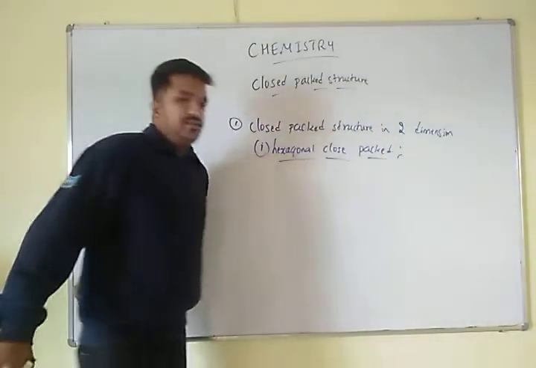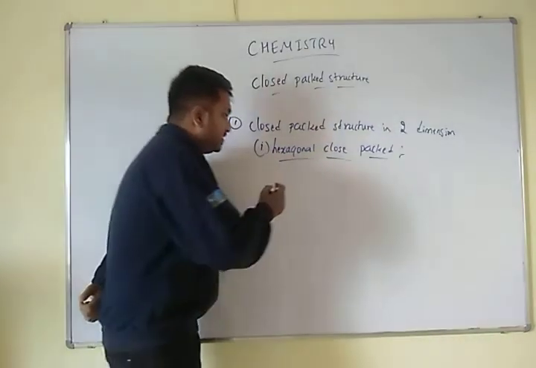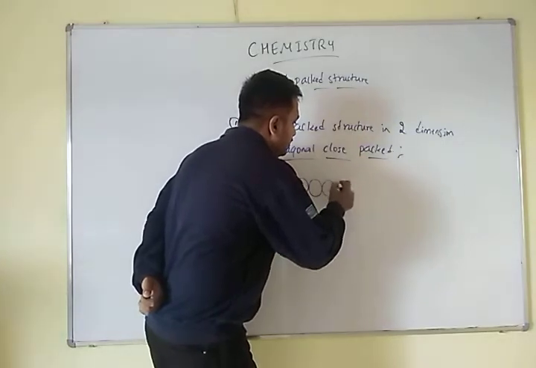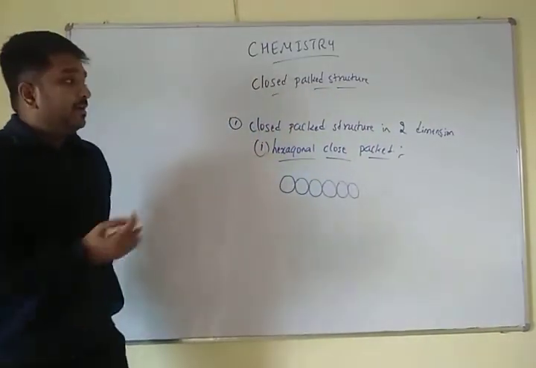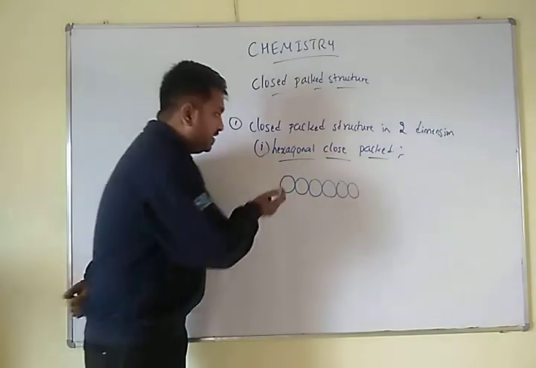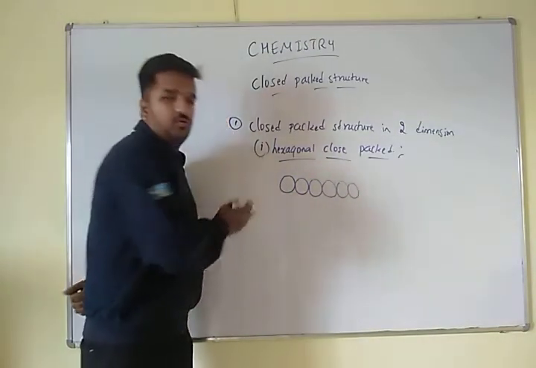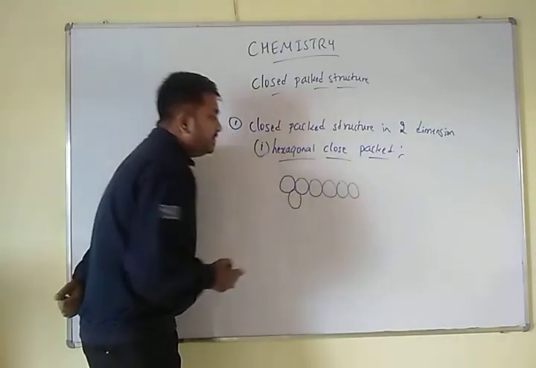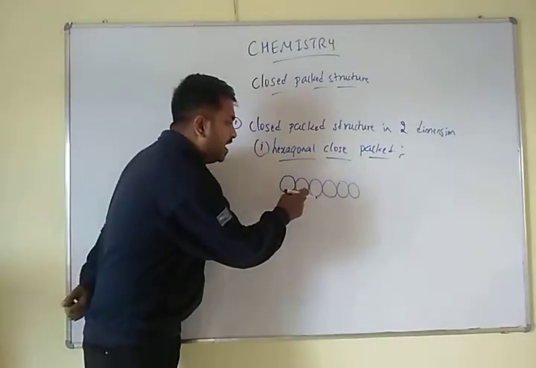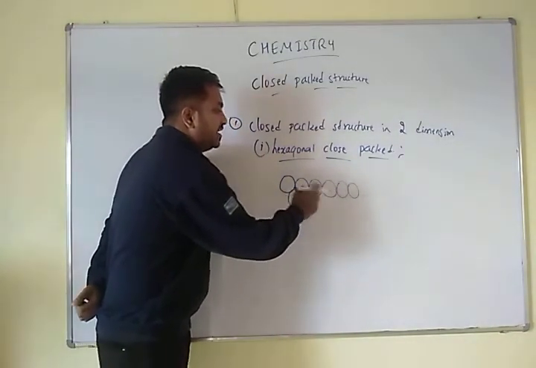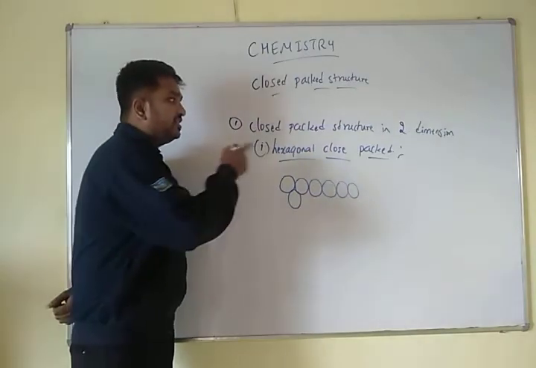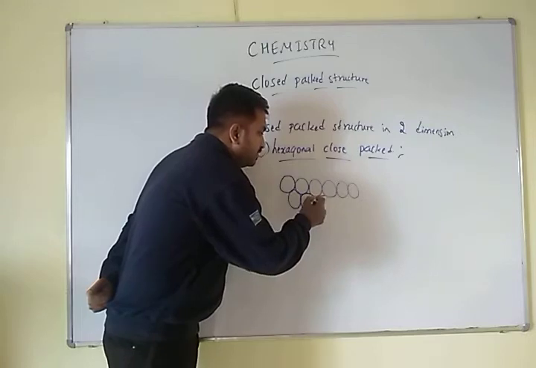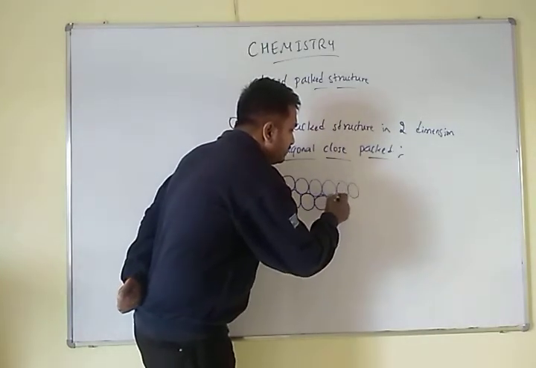Hexagonal close packed. In this case, there is a little difference. Let us look at the first arrangement. Okay, this is the first arrangement. But in the case of square close packed, we were keeping the same row for the second one. In this case, we are adding the circles in the depressions of the first row. You can find that there are some spaces left here. These we call depressions. Clear? So in this hexagonal close packed structure, we are adding the circles in the depressions of the first row.